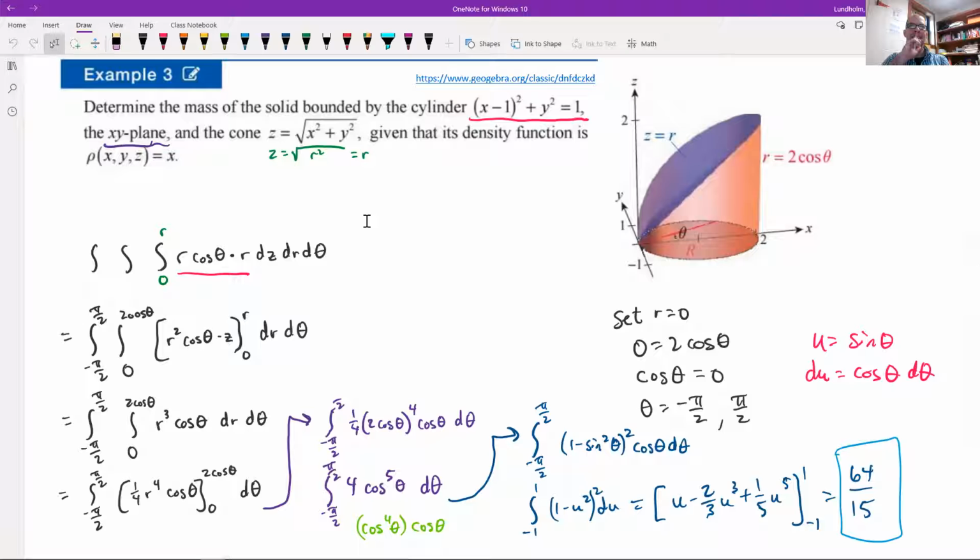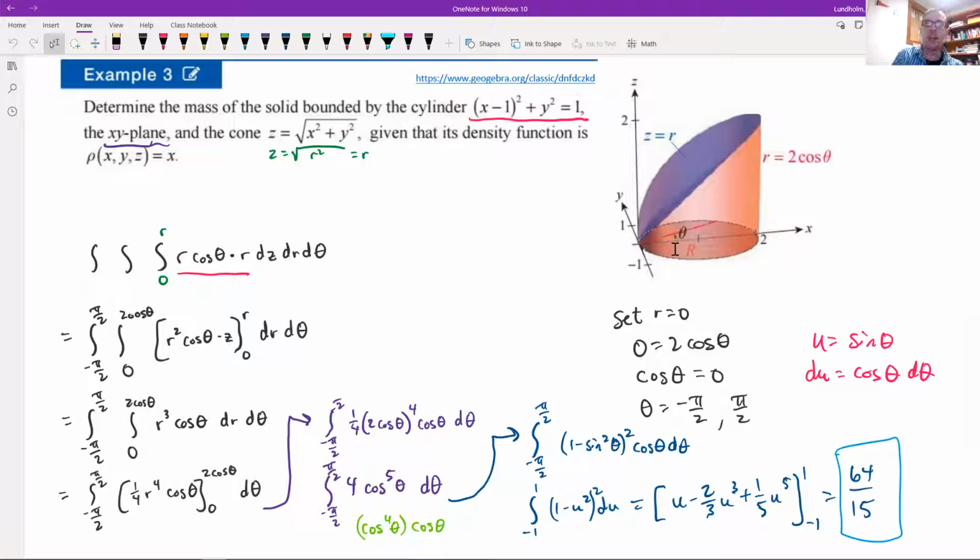And then to get an idea of our boundary in the xy plane, and think about our inner radius and our outer radius, what we have here is a circle that's been shifted to the right, 1 in the x direction. So this is a unit circle, but it has endpoints at the origin, and then over at x equals 2, because we've been shifted over 1. And so if we're thinking about an inner radius and outer radius in this context,